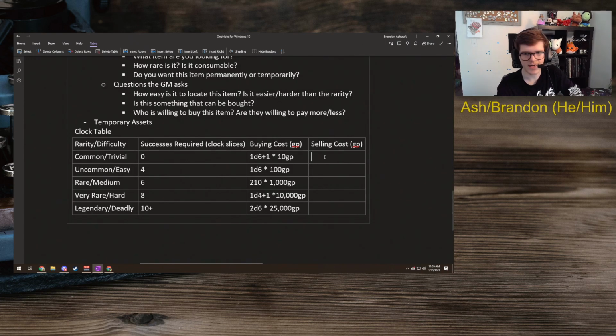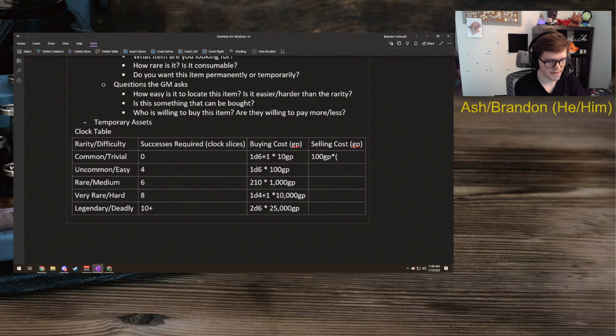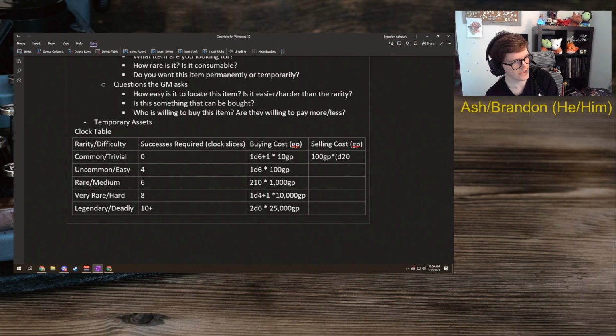And then we look at selling a magic item, and they do 50, 100, and 150% of the base price. And so I think, what's the best way to do this? Best way to do this in this table, I guess, is what I should be saying. Because it's 100 GP times, and that's going to be a D20. The 1 to 10 was 50%, 11 to 20 was 100%.